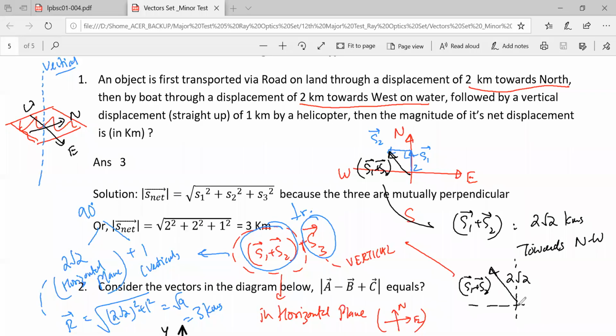Now in this diagram if you imagine ना, ये जो vector है ये north west के direction में है, तो ये diagram अगर horizontal है, that means the screen on which I am drawing this is lying on the floor. सो वर्टिकल कौन सा डायरेक्शन है, इसके परपेंडिकुलर है, मतलब इससे बाहर आ रहा है टुवर्ड्स यू, is coming out perpendicularly towards you. So that vector and this one, that 1 kilometer vector which is vertical, and this vector over here, this one and that one are perpendicular to each other. So if they are perpendicular, okay,